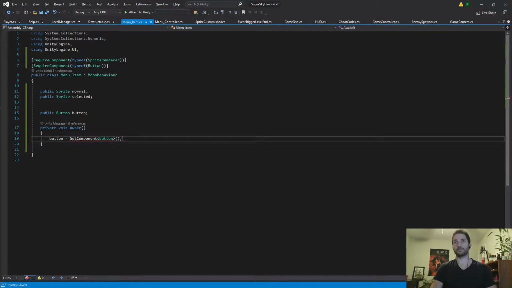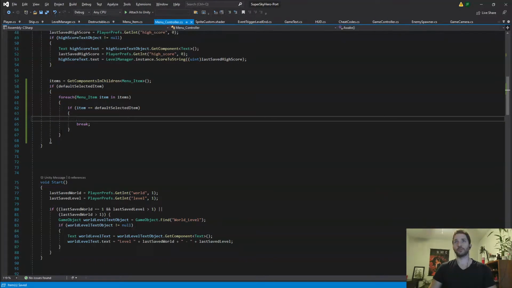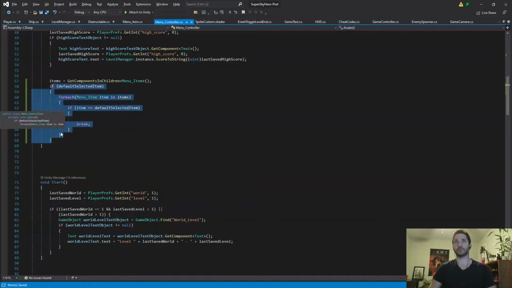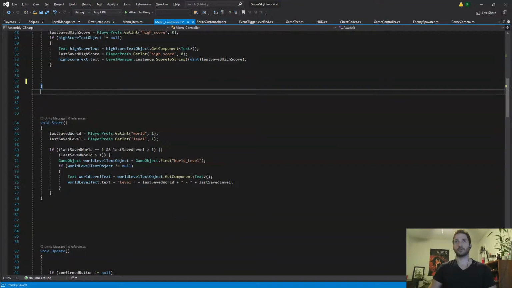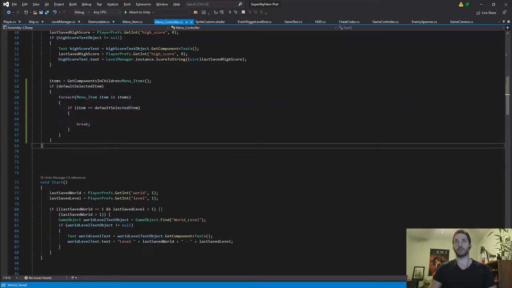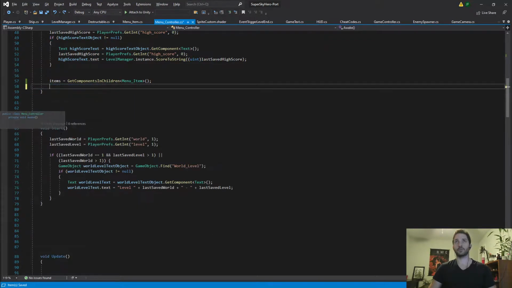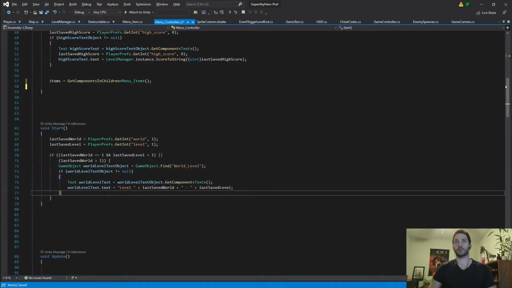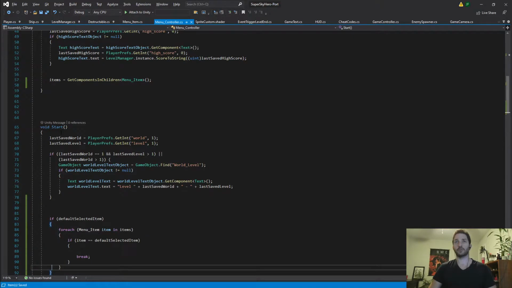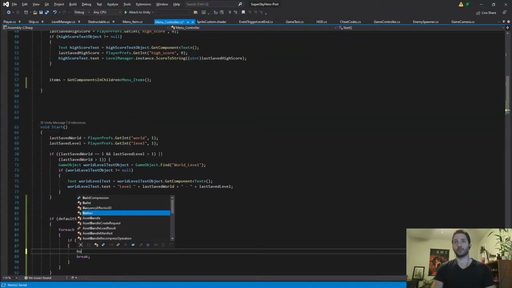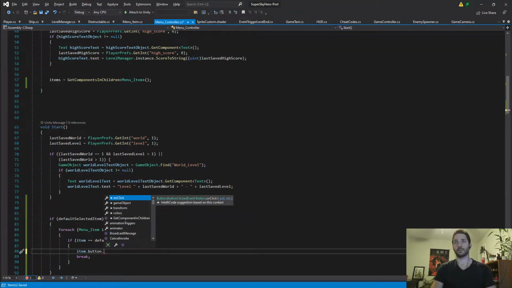Like so. Problem with this is also on awake, so I have to do this on start. That I can do. Okay. Do that, and button, no, item dot button dot